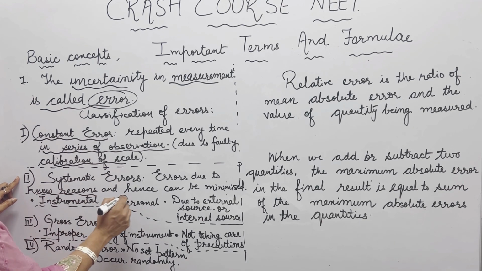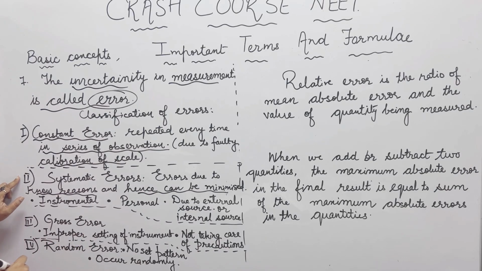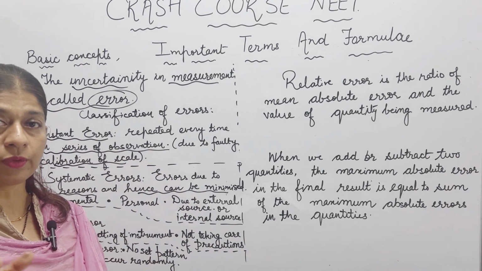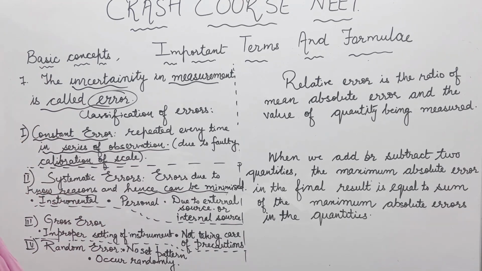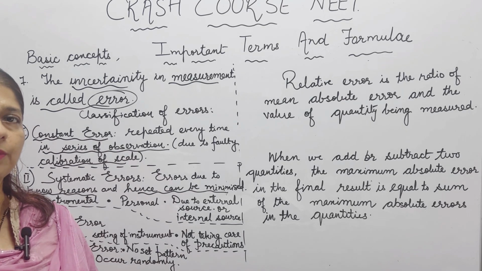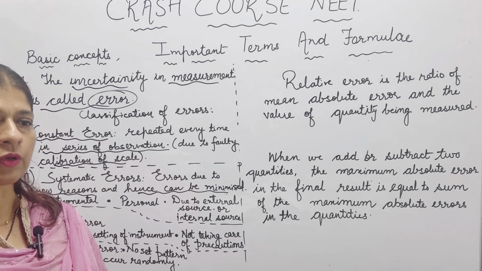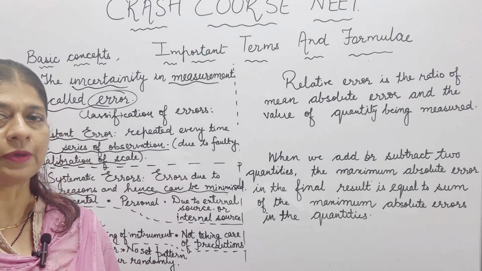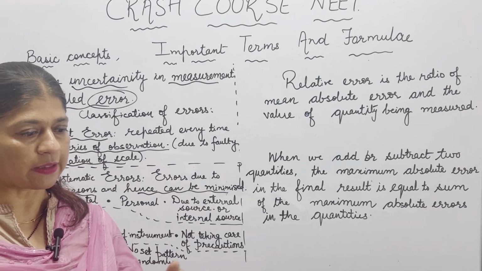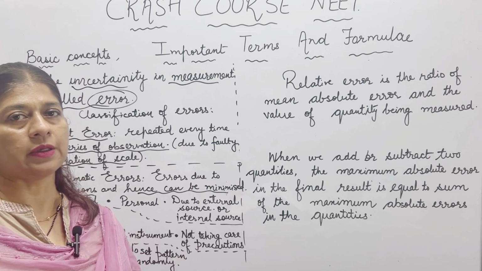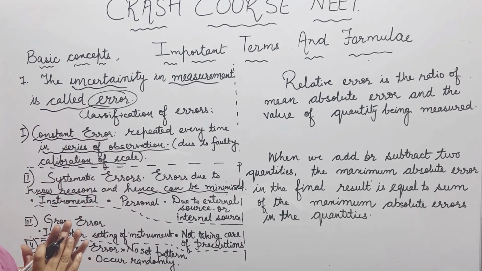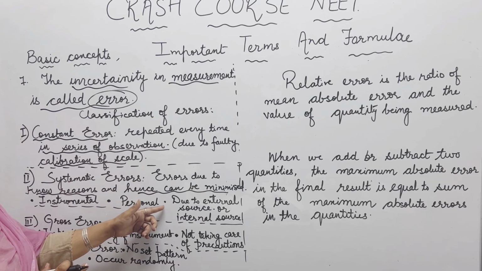दूसरा है हमारा सिस्टमेटिक एरर, इसका जो रीज़न है वो हमें मालूम होता है और इसलिए हम इसको मिनिमाइज भी कर सकते हैं। It may be an instrumental error, जैसे कि कोई इंस्ट्रूमेंट है, उसका स्केल का स्टार्टिंग का पॉइंट ब्रोकन है, तो वहाँ पर हम लोग जानते हैं कि ये इंस्ट्रूमेंट की एरर है और इसको हम रिमूव कर सकते हैं। पर्सनल एरर हो सकती है। पर्सनल एरर में भी अगर हम लोग थोड़ा सा उस एक्सपेरिमेंट को ऑब्जर्व कैसे कर रहा है, जो एक्सपेरिमेंट को रीड आउट कर रहा है, तो उसने सामने से ना लेकर किसी और साइड से खड़े होकर अपनी रीडिंग को लिया है, तो वहाँ पर वो गलती कर रहा है और इसको भी हम रिमूव कर सकते हैं।